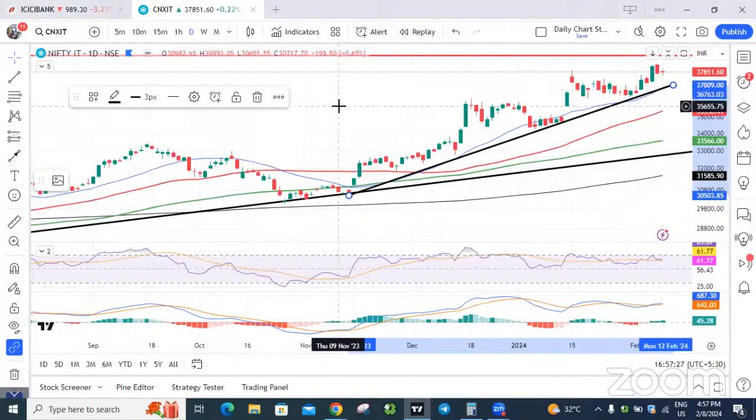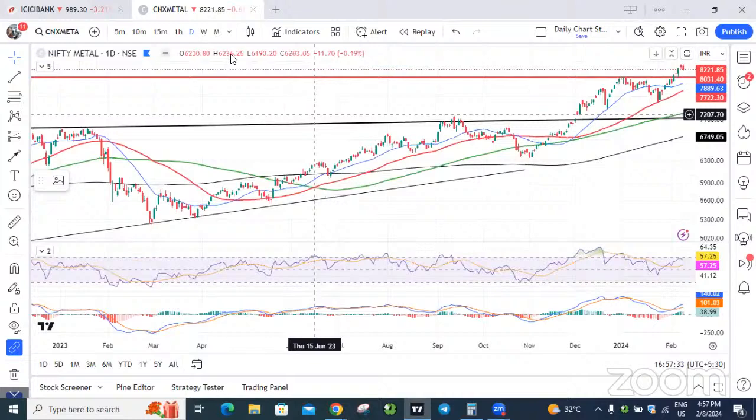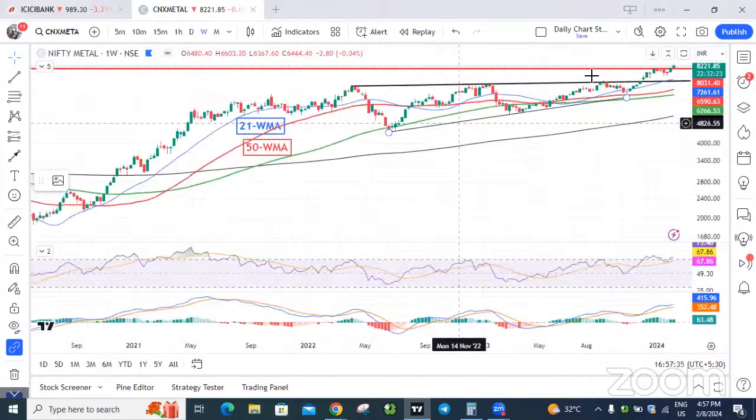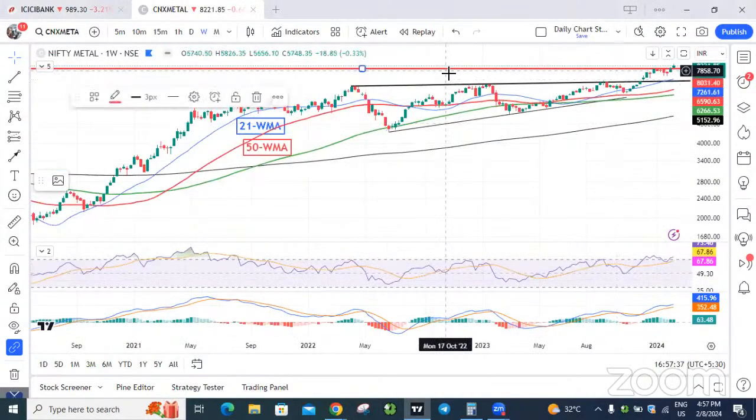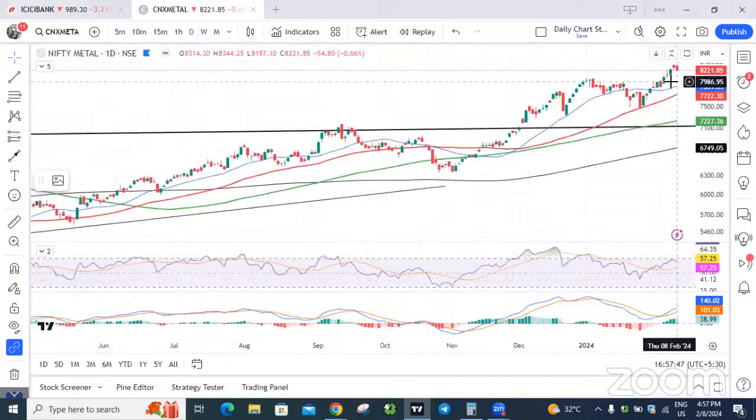Okay, and the next sector is Nifty Metal. Here, on the weekly chart, it has given a very good breakout. After the breakout, there is also a small flag pattern breakout in the weekly chart. So it's trending in the positive range. Overall here, the first sign of weakness will be shown only after it closes below the 8,000 level, which is a